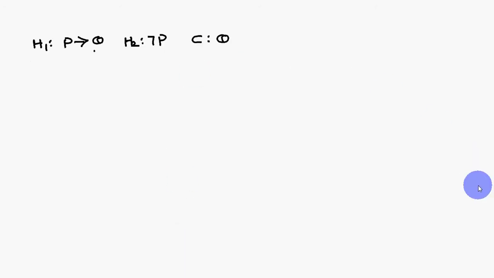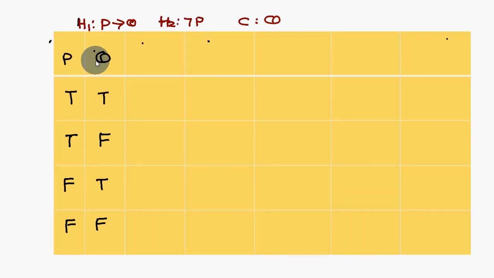Next, similarly we have to find out: first statement is P conditional Q, second statement is negation P, conclusion Q. These three together you call an argument. Is this a valid argument or not, we have to discuss. For that, what you have to do? We have only two statements, P and Q. Therefore PQ you have to write.